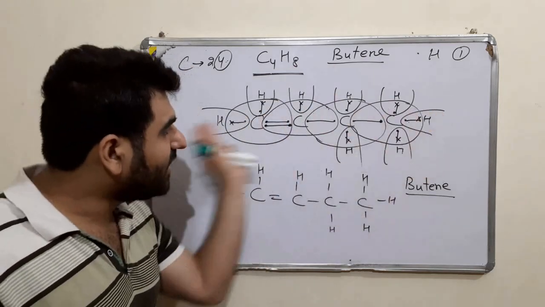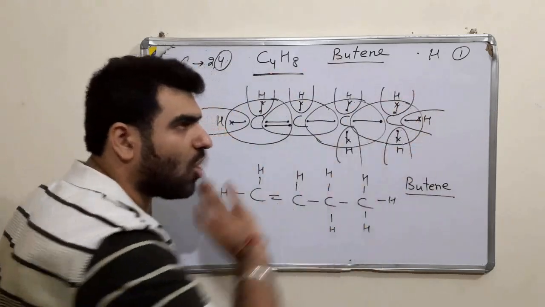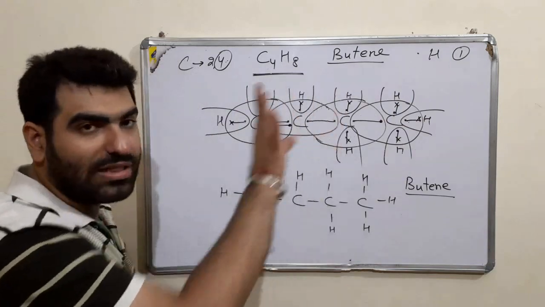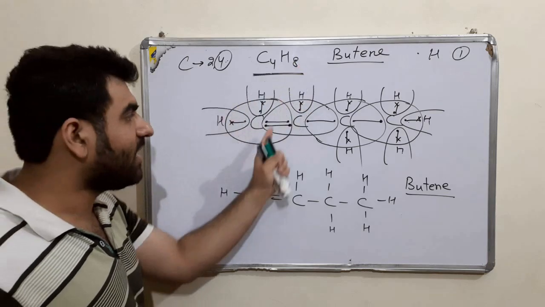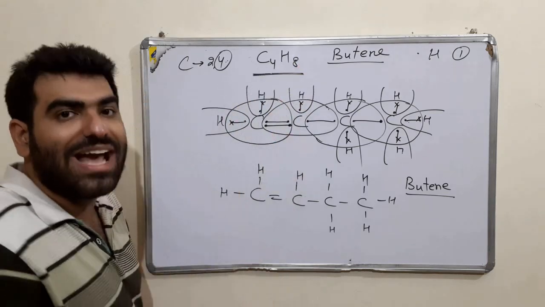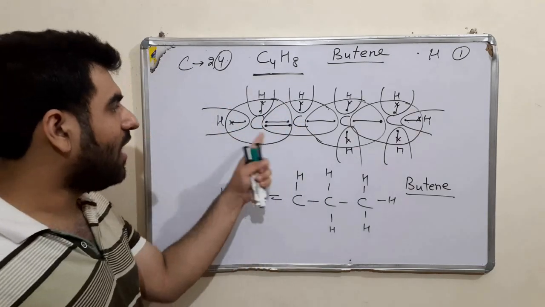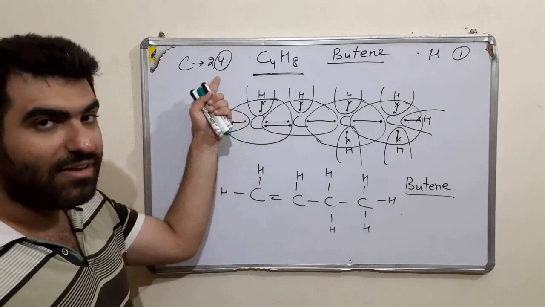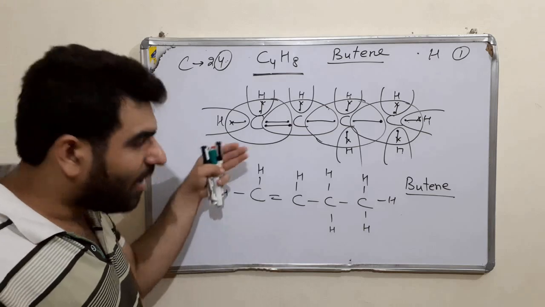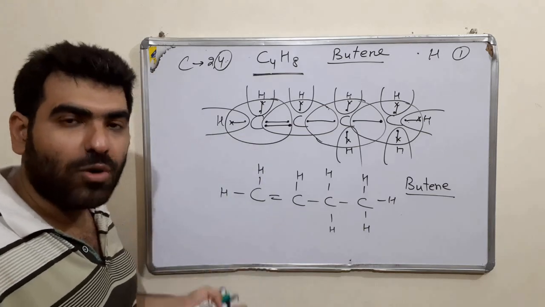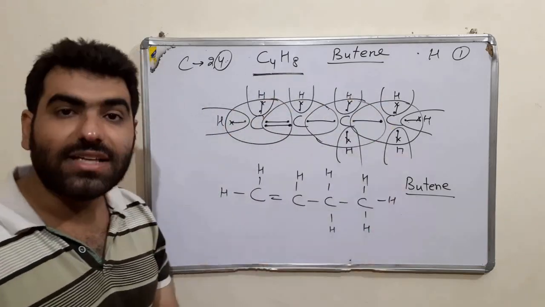Just first draw this chain. You will have to make this chain first of all. Then arrange one hydrogen on all the sides. Now see whether it completes the number. If it does not, try to make one extra bond between carbon and carbon. So here we have made one double bond. Now you have to satisfy the valency of this carbon, that is 4. If it exceeds, delete one electron along with the hydrogen, because that hydrogen won't be needed if that electron is not there. Then try to make the structure like this.